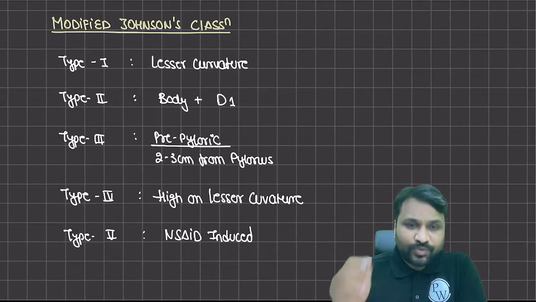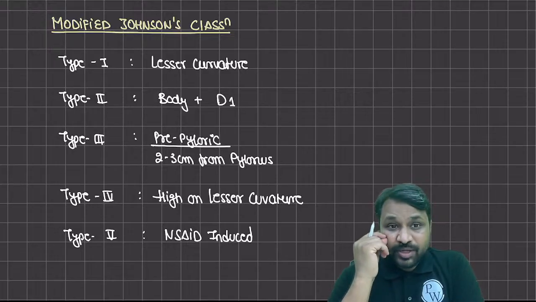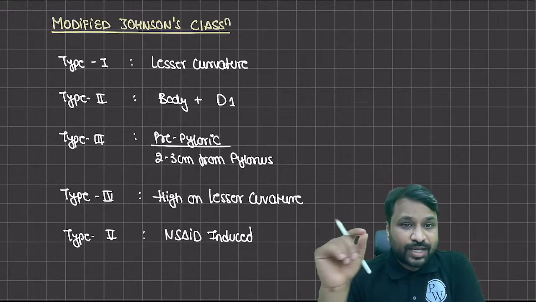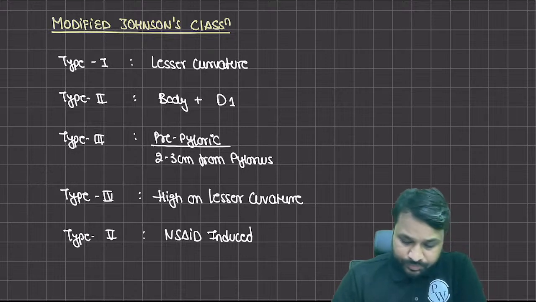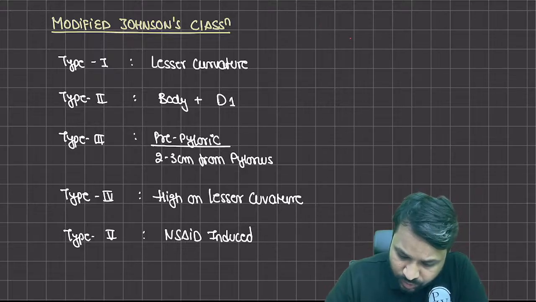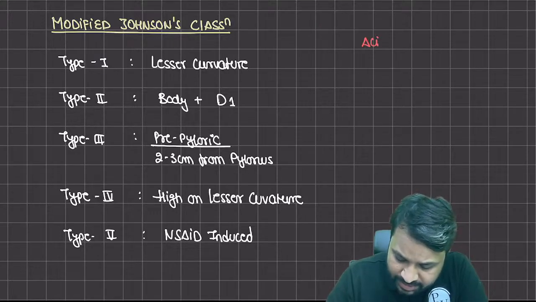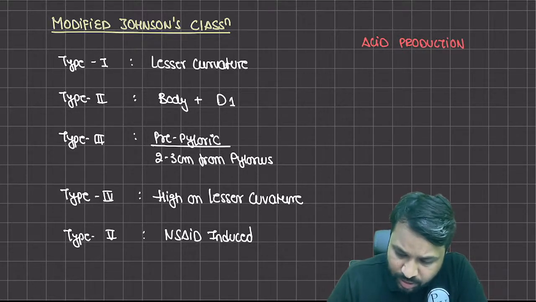Right. So type 1 is present on the lesser curvature. Type 2 is in the body and the first part of the duodenum. Type 3 is pre-pyloric. Type 4 is high on the lesser curvature. Type 5 is the NSAID-induced gastric ulcer. Now, if I look at the entire picture in the context of acid production in each of these ulcers, so if I have to quantify the acid production in